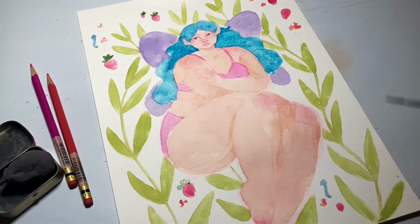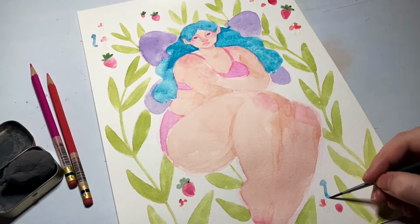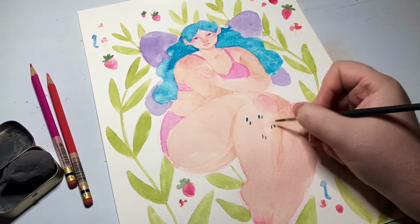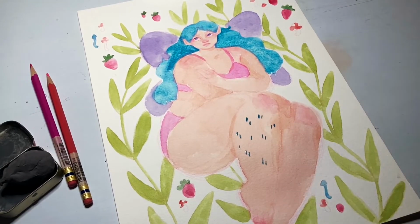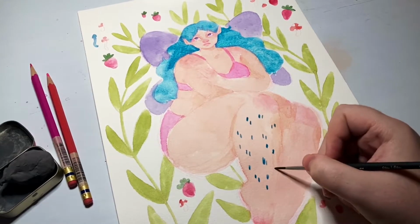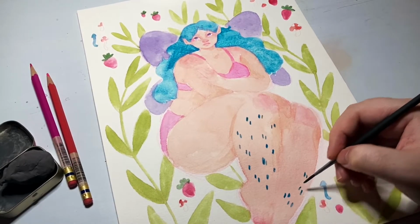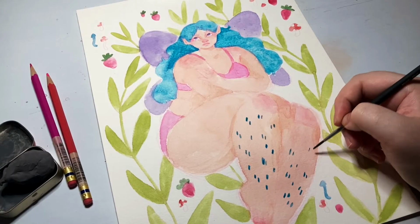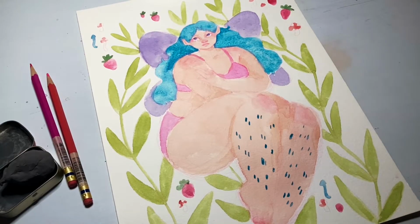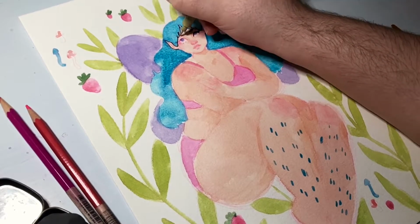Tip number 4 is to make sure you're doing equal parts of learning and also doing stuff from imagination. This is just for people who want to have a simplified style eventually, and not as much if you're trying to have a more realistic style where everything you do is from photos and such. But if you want to have a style one day, I recommend making sure that you are constantly also learning and building your knowledge of how to do things in a technical way, but spending equal amounts of time drawing things from memory and from your imagination, because you don't want to get too caught up in relying on photos,